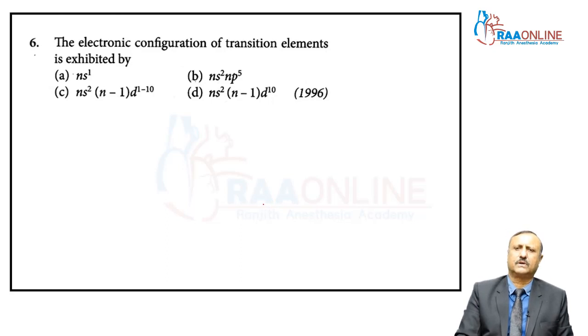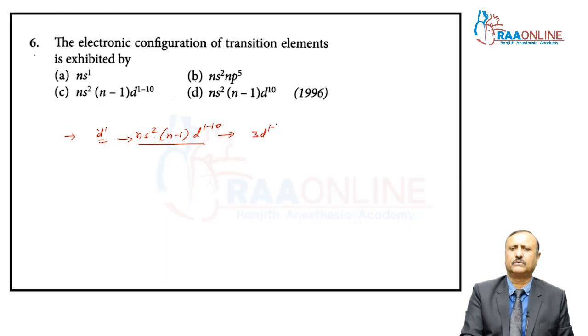The electronic configuration of transition element is exhibited by, my dear students, outermost electronic configuration of d block elements are ns2, (n minus 1) d1 to 10. Because when you can see the 3D series, you can get the 3D 1 to 10 and 4s2. When you can see the 4D series, my dear students, you can get the 4D 1 to 10 and 5s2. When you can get the 5D series, then you can get the 5D 1 to 10